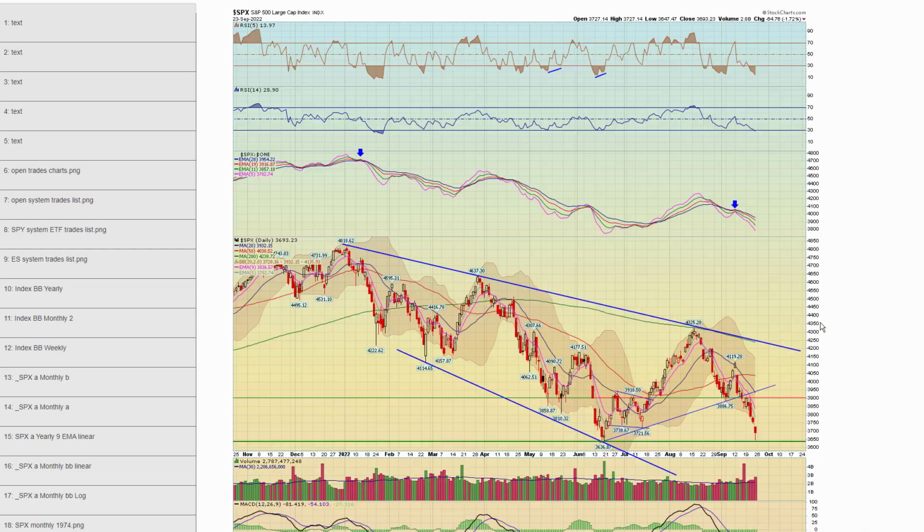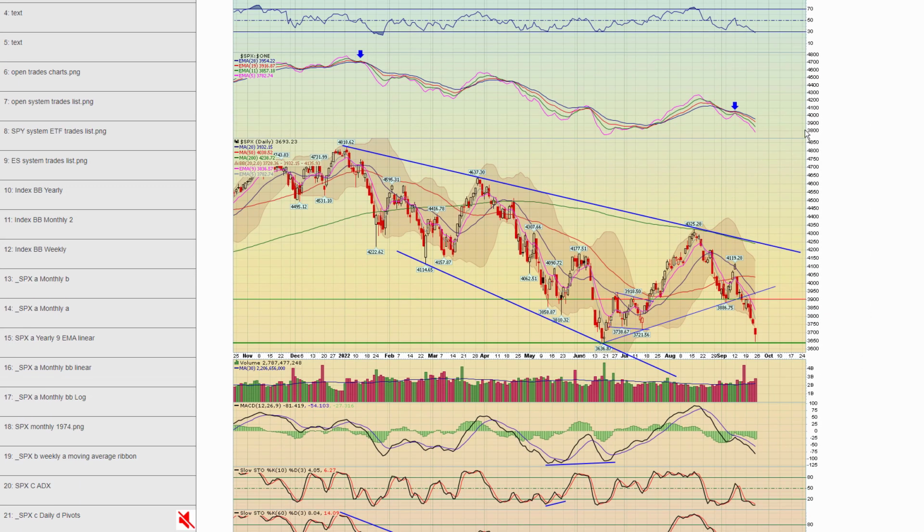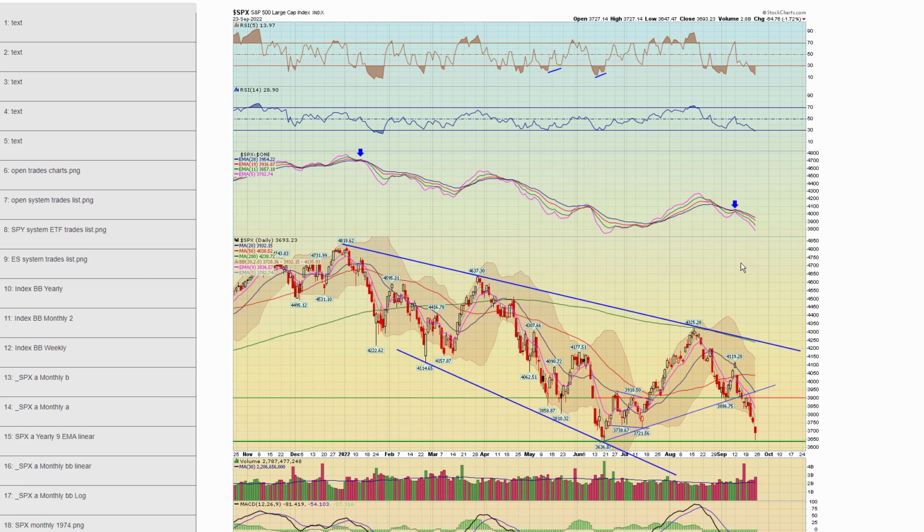Next. Chart number 21, here's another daily chart, a little cleaner view. It shows you essentially the same thing. We're right at the June lows here. We bounced off of that on Friday. You can see that lower high here at 41.19. You had the perfect bearish moving average squeeze or pinch. It's a very objective short there.